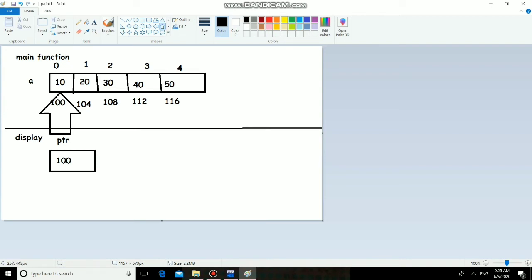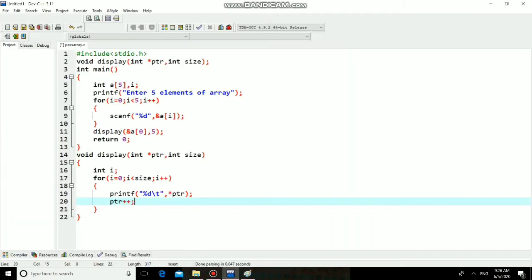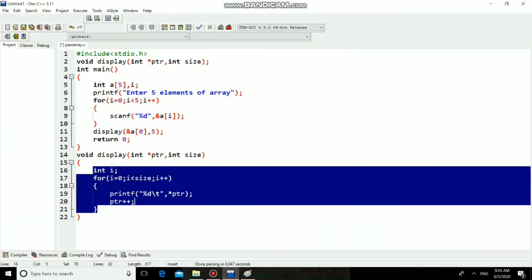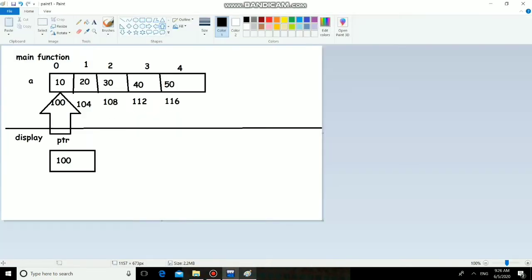Now the size of an integer is 4 bytes on a 32-bit platform. So this will be incremented by 4 bytes. So automatically it will have 104, that means it will point to 20 and so on. Getting? So you'll get all those values, and at last this will have 120.